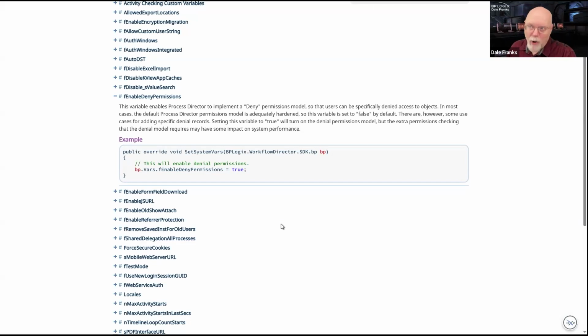If you have a small system where there's only 4 or 5 users, you probably don't care about it. If you have a large system with 1,000 users who are opening 1,000 forms an hour, you probably don't want to implement deny permissions unless you really, really need them. In almost every normal use case, except for these weird cases where I have to recuse somebody from a particular form, or I have to deny someone specifically access to some specific object.